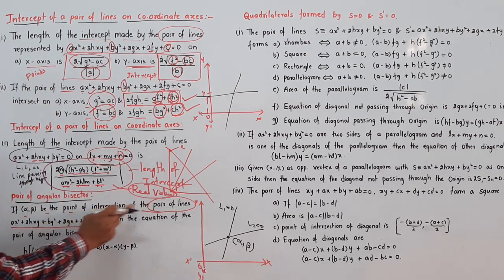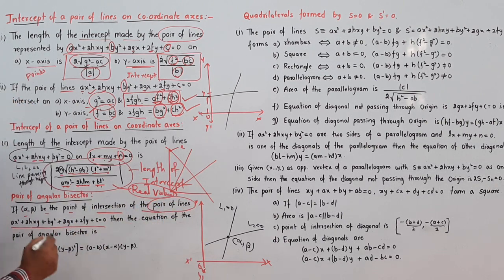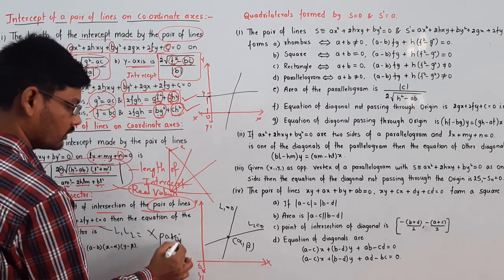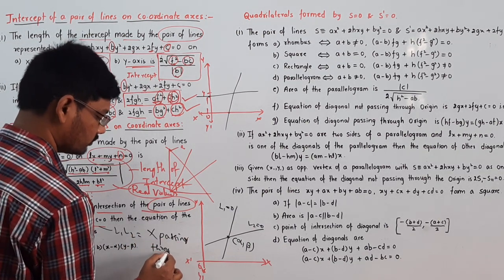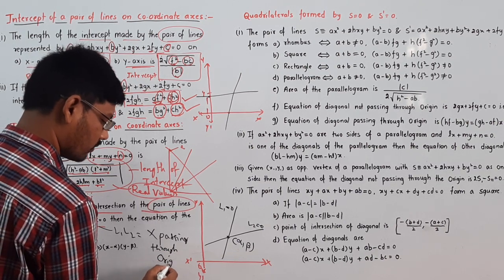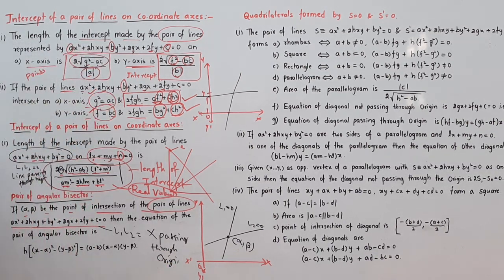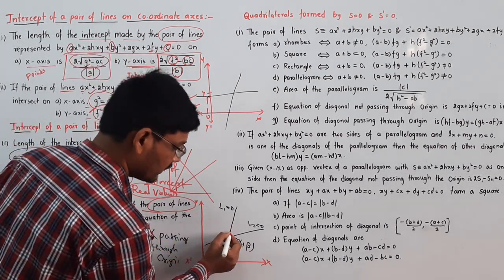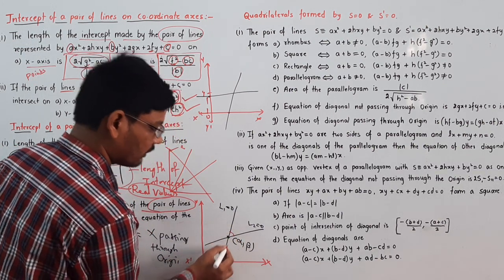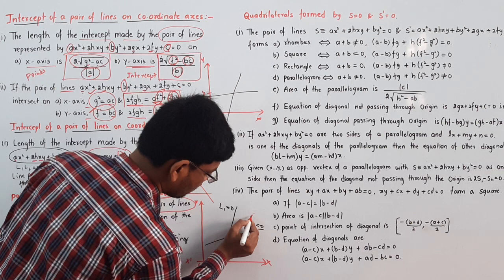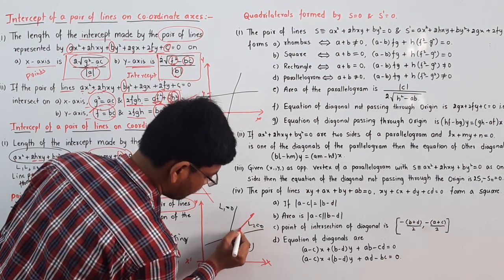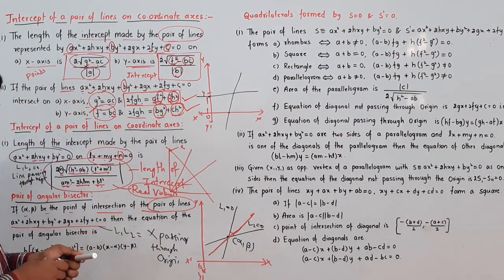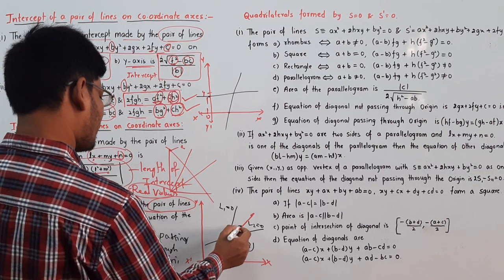Alpha comma beta is the point of intersection of these two lines, L1 and L2, framed by L1 and L2 is equal to 0, not passing through the origin here. And if you want to find the pair of angular bisectors, this is the angle between these two lines. Now, this red line is nothing but the pair of angular bisectors. If you want to find the equation for this pair of angular bisectors,